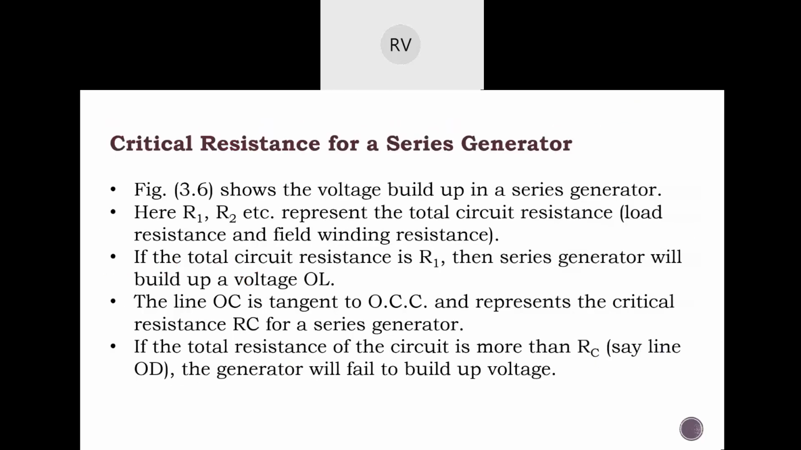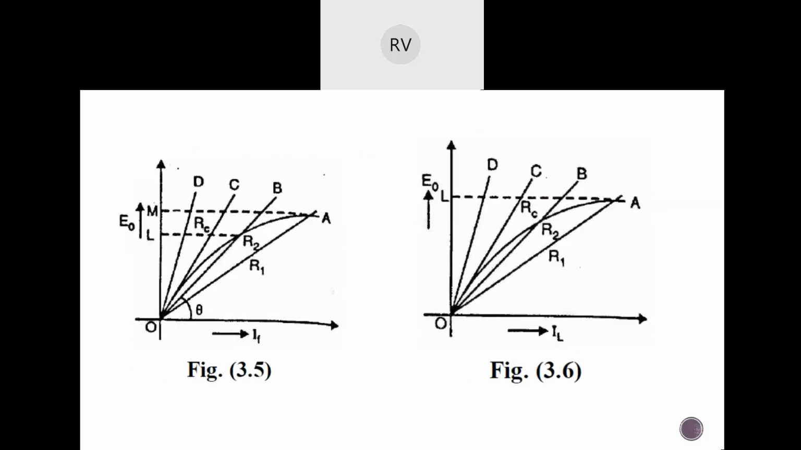Okay, now we are going to see a similar thing for a series generator. Figure 3.6 shows us the voltage buildup in a series generator. Here 3.5 is for the shunt generator, so we are seeing 3.6 for the series generator. Here also we have an OCC, which we have